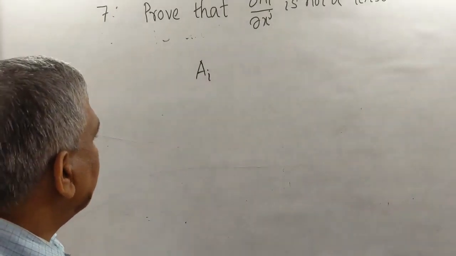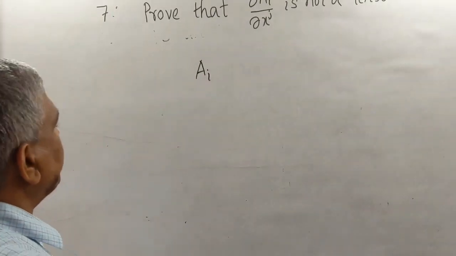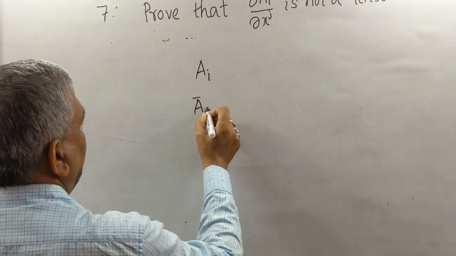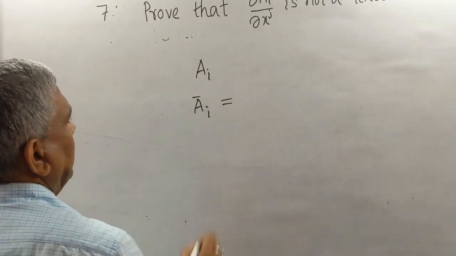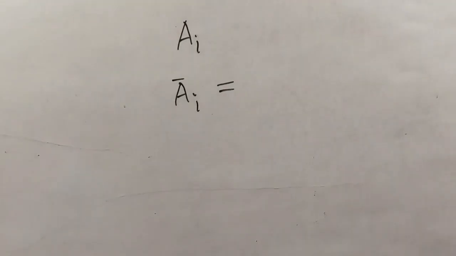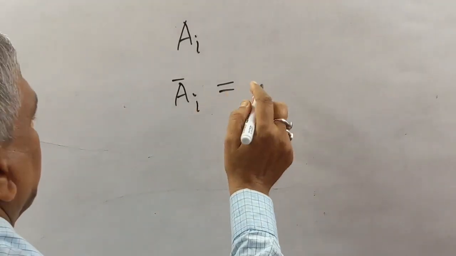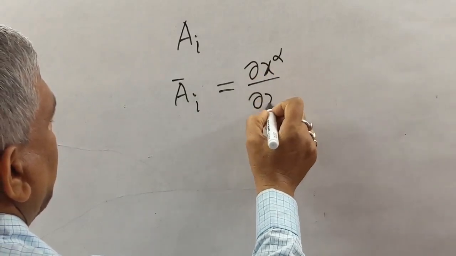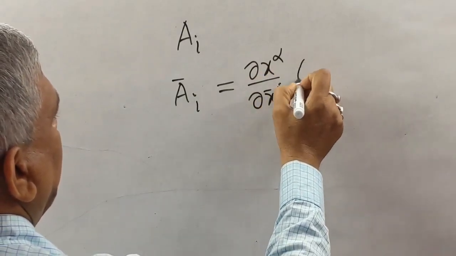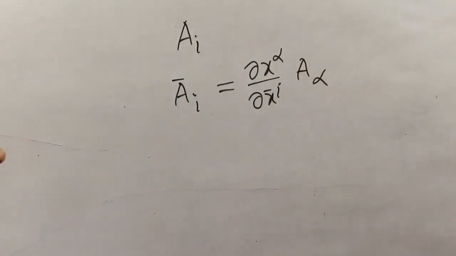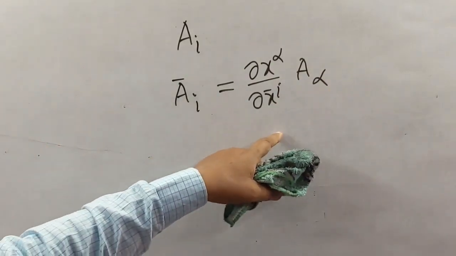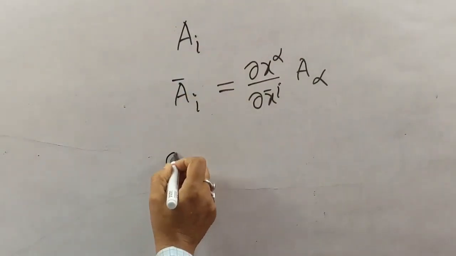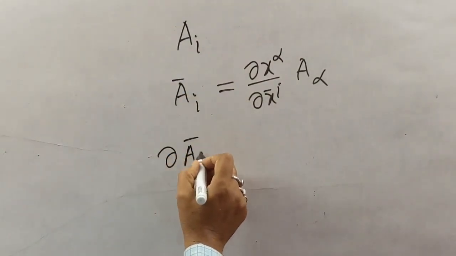Its corresponding value in x bar system of coordinates be a bar i. According to the tensor law of transformation, this equals del x alpha by del x bar i, a alpha. Differentiating both sides with respect to x j, we get del a bar i by